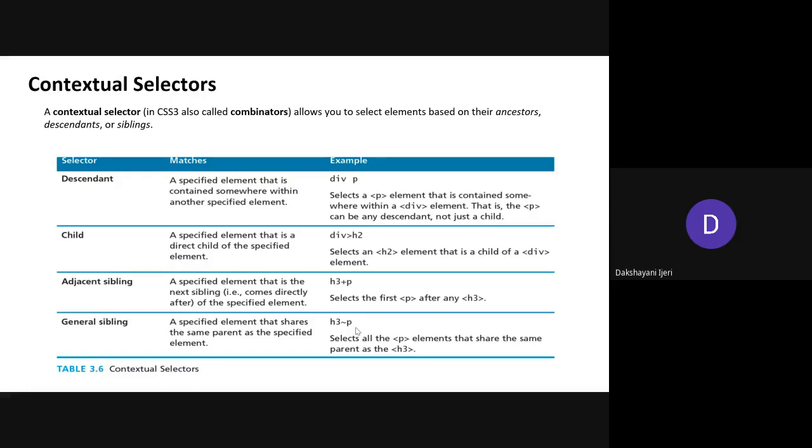Okay. So is everyone clear with all the selectors, or do you have any doubt with any of these selectors which you want me to discuss once again? Yes, say at least yes or no. If you want me to repeat any of these selectors, I will repeat it once again. Or else if you don't have any doubts, I'll proceed with the further concept. No doubts, ma'am. No doubts? Okay.